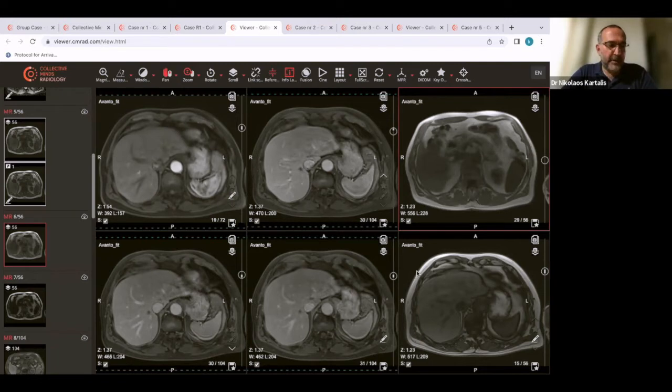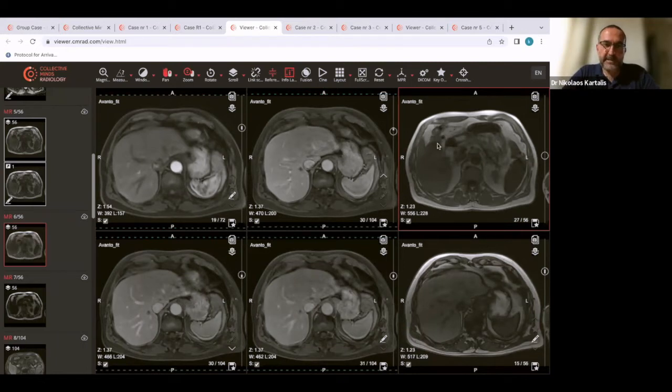So I would like to ask Fredrik to go for the second question. So what are we seeing on diffusion? We see the ADC is bright compared to the adjacent parenchyma. So is this indicative of a hypervascular lesion? Is this indicative of a non-hypercellular lesion? Or is this non-reliable?